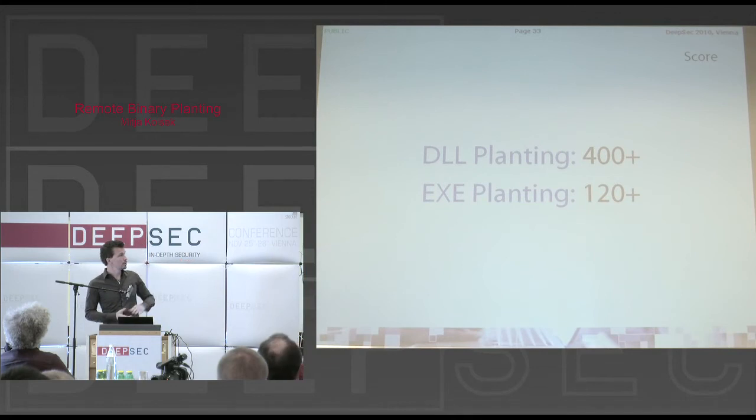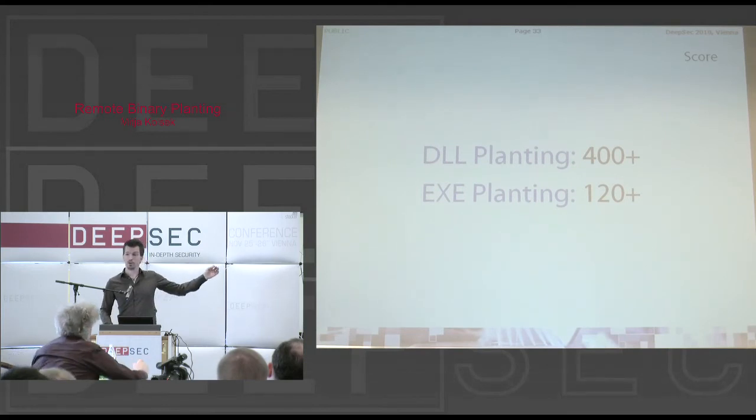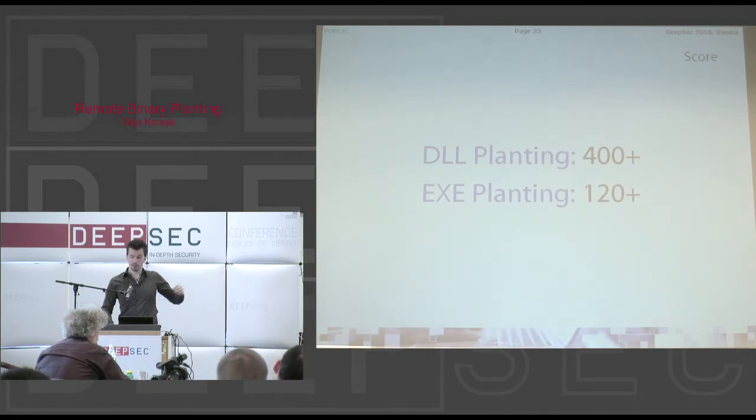So approximately 1/4 of all binary planting bugs that we found were exe planting bugs. And why is this important? Because the current remedies available to you and to everyone to protect against binary planting bugs are all focused on DLLs. You can't do anything right now to change the behavior of executable loading. You can do something about DLLs.